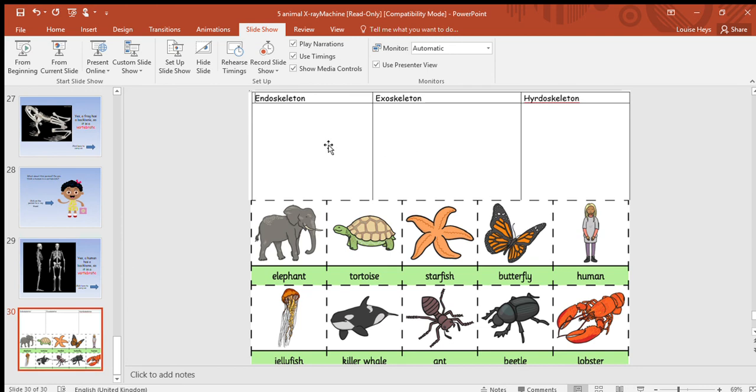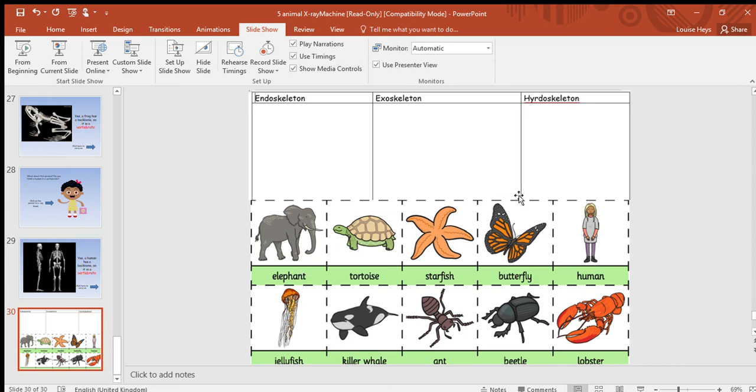Okay, so today's activity, what you're going to be doing is you are going to be sorting these animals into the different skeleton types. So we have the endoskeleton, skeleton inside the body, the exoskeleton, skeleton outside the body, or the hydroskeleton. They don't actually have a skeleton. They have a fluid-filled sac instead called a coelom. So all these animals here, first of all, I would probably sort them into vertebrate and invertebrate,